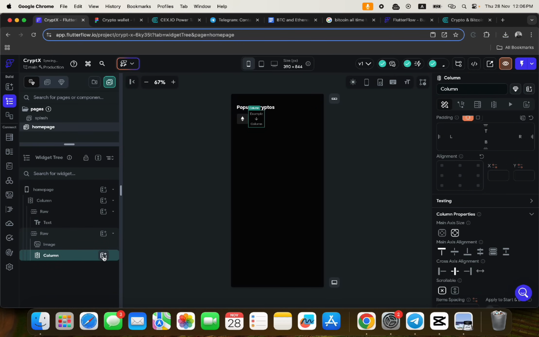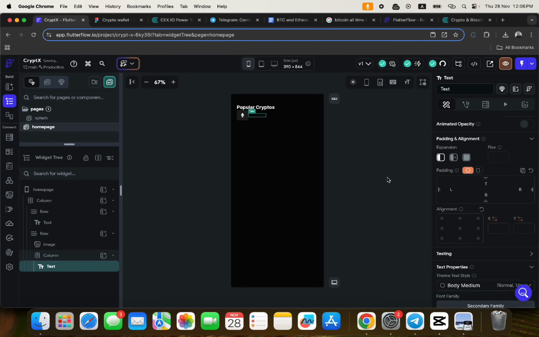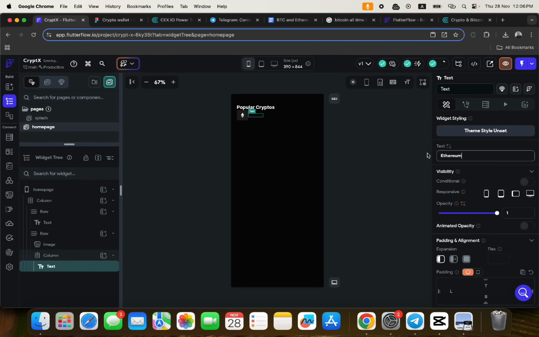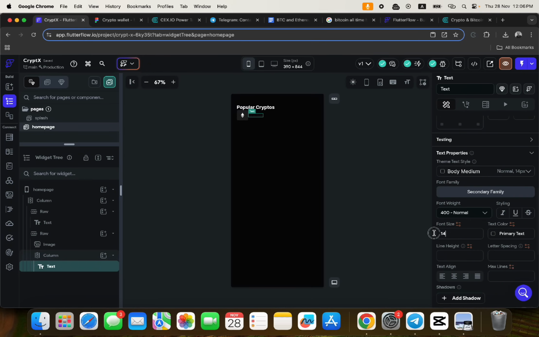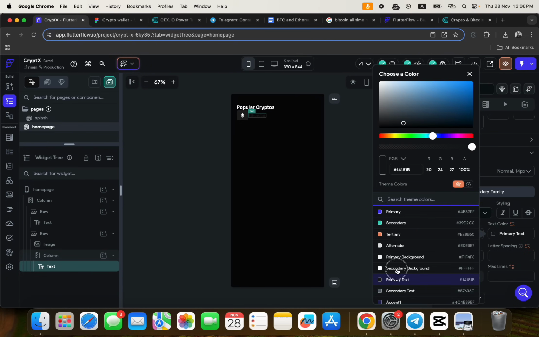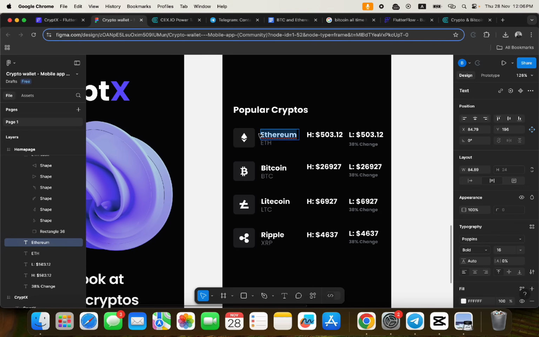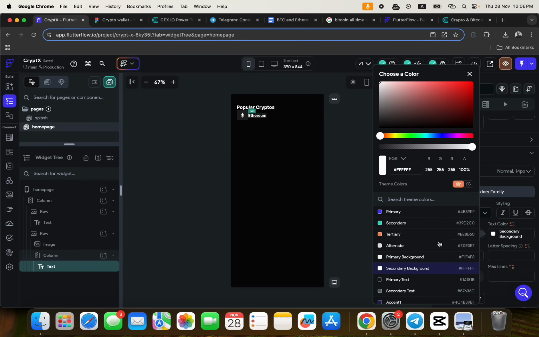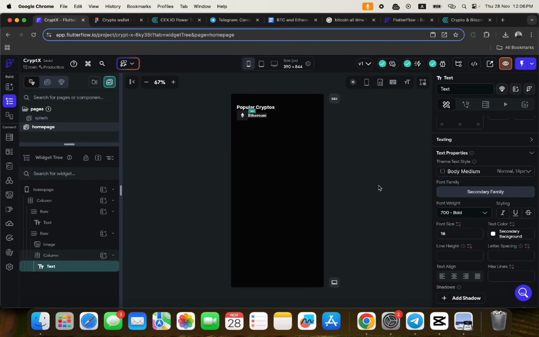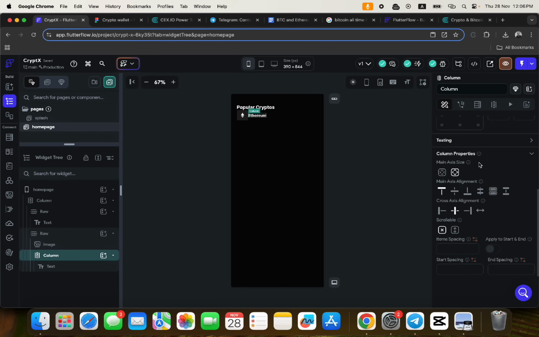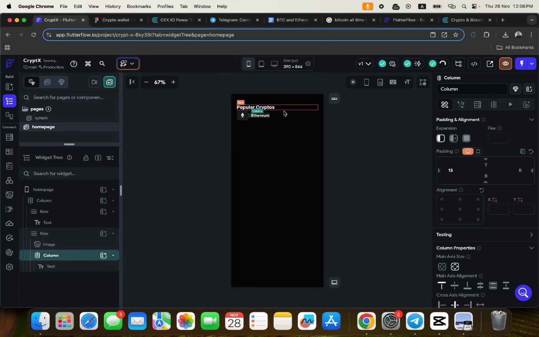add a column here, and then I'm going to add a text. The text is going to be Ethereum, and I think it was 16, and it's actually bold, and we're looking at secondary background color, so white. So this is 16 and bold, and it has a padding on the left, which is like 12, so we can just make it 13. So we can just give the padding on the left to the column and say 13,